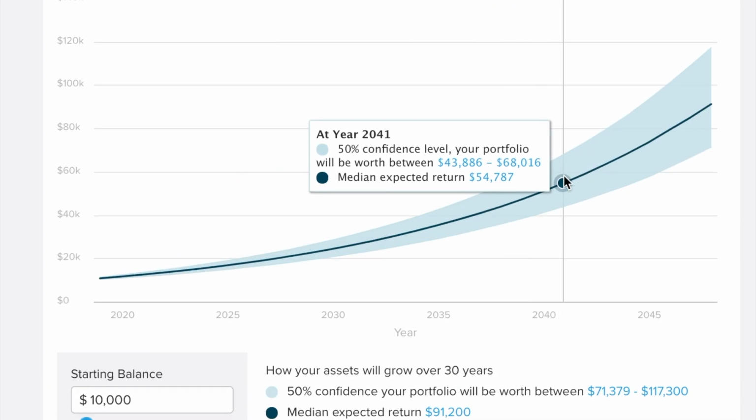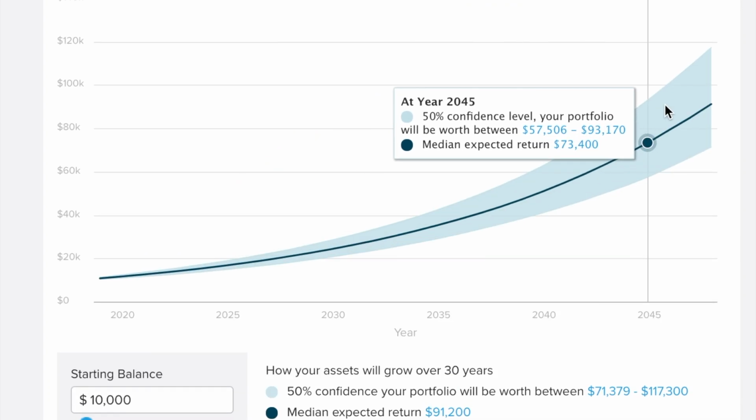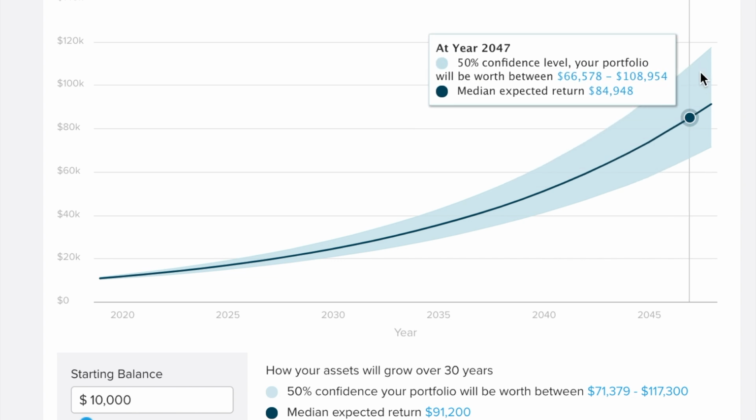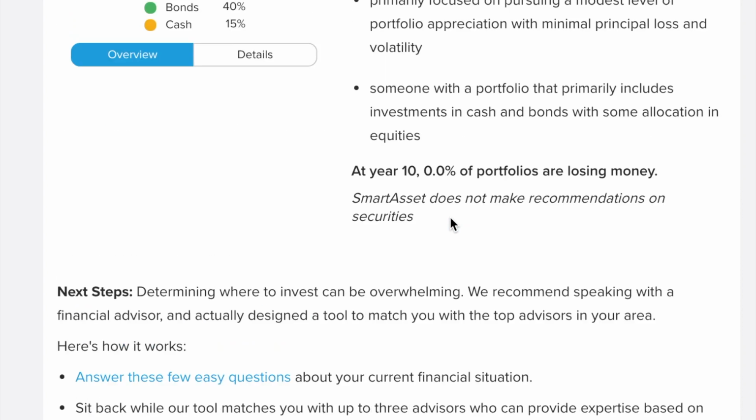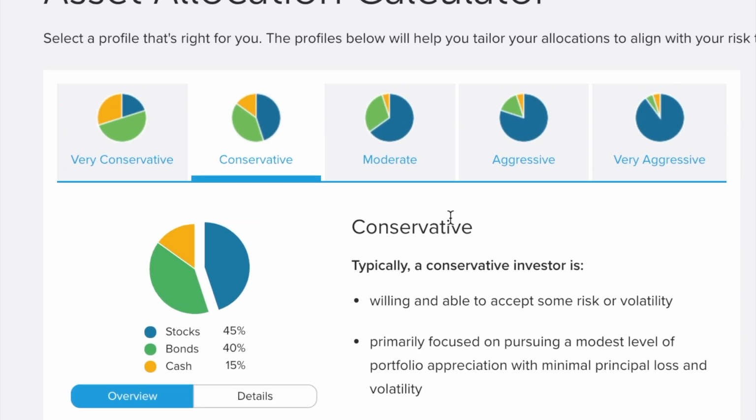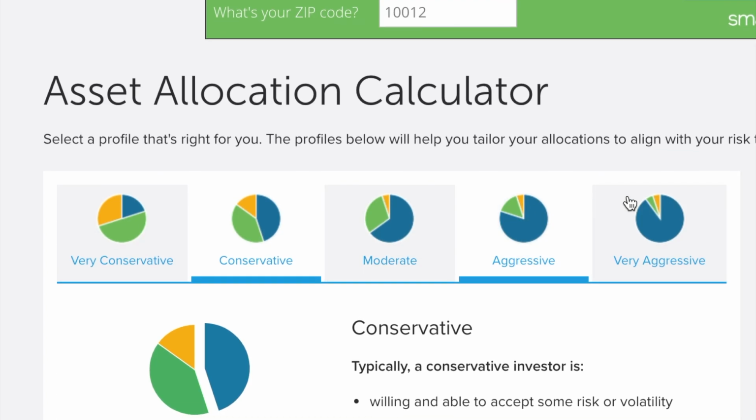So they run these hypothetical situations that give you this range of high to low, and then they come up with a median amount. And that's the amount I like to go with, just to give you an estimate and help you plan. Another thing that you could do when you're creating your portfolio is you can go through